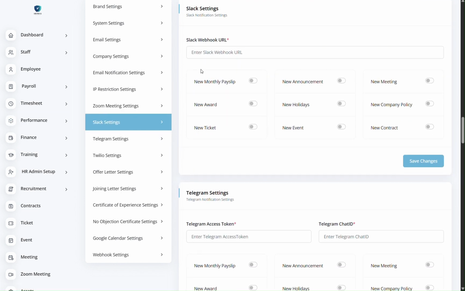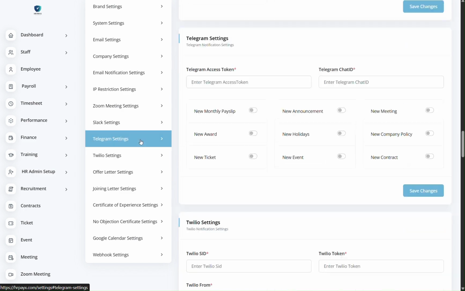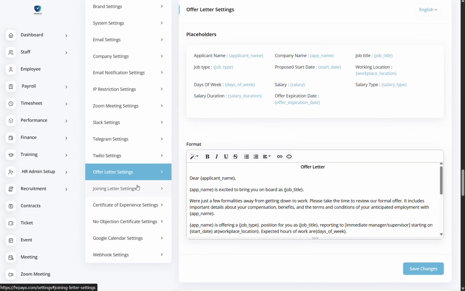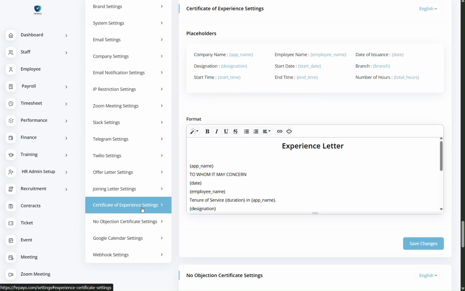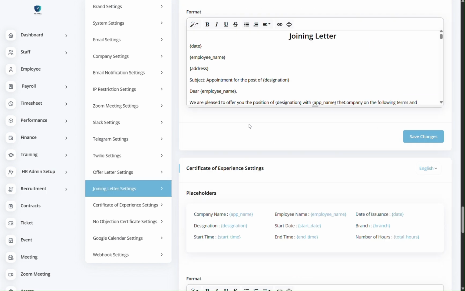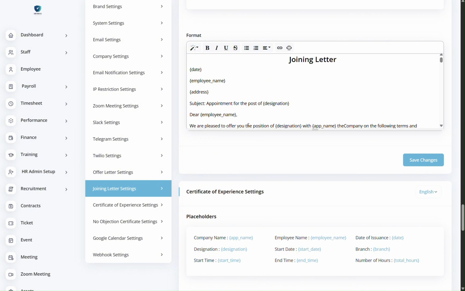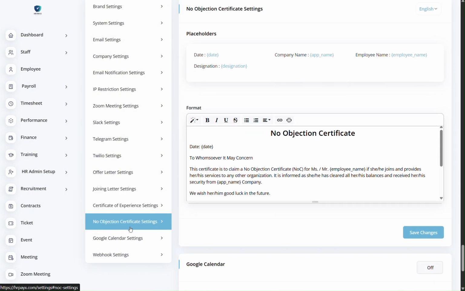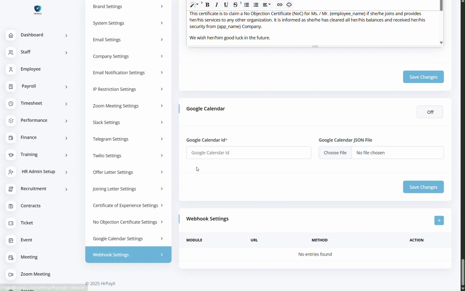Select setting, select changing and a URL, put Telegram setting, Twilio setting, offer letter setting, joining letter setting, certificate setting. This is a joining letter, offer letter, certificate of experience. It is a format. You can change the format according to you. Certificate setting and Google Calendar. You set your Google Calendar ID and your Google Calendar is updated every day automatically,